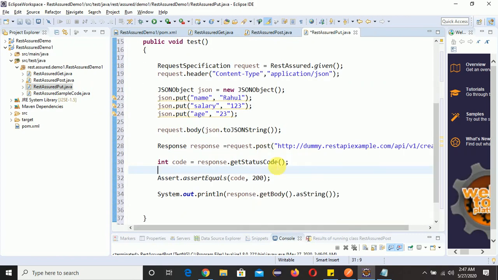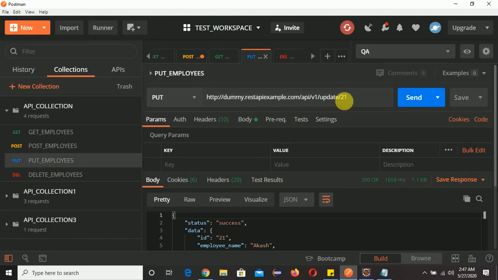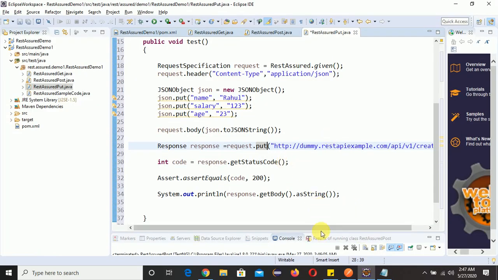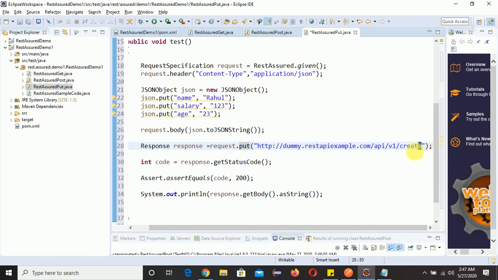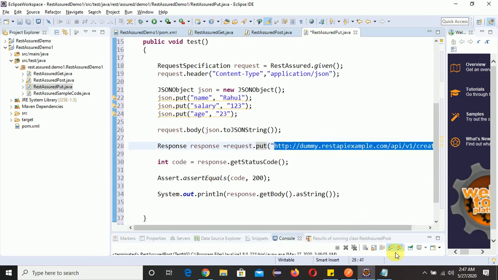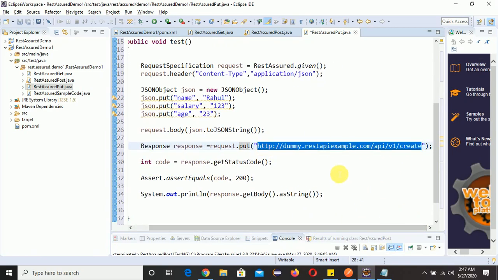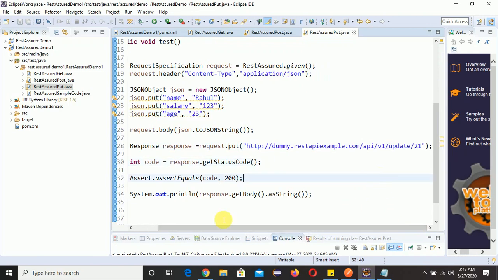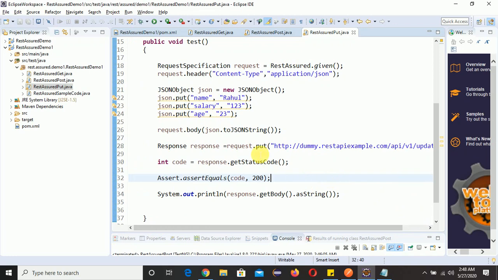I will tell you. See, instead of this post, we need to do put here and see the URL if it is changed. URL is changed here. So we will copy this URL and paste it here. Control V. Right.